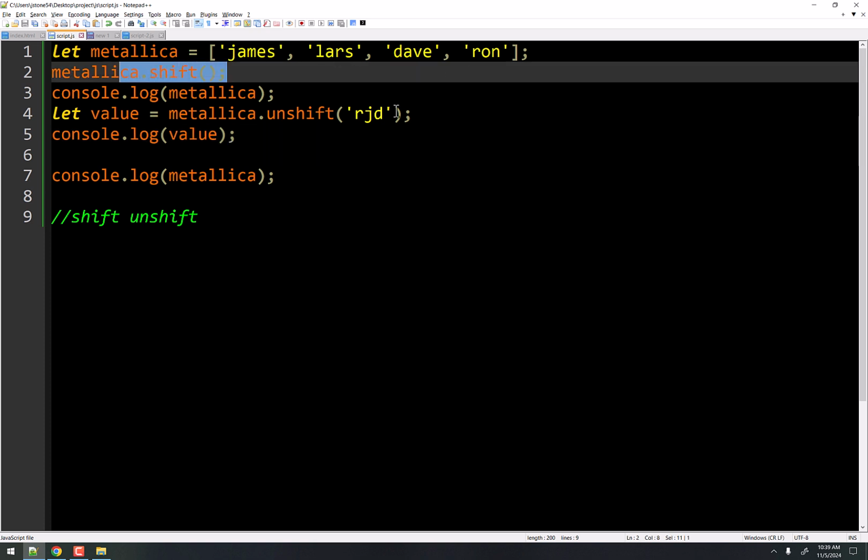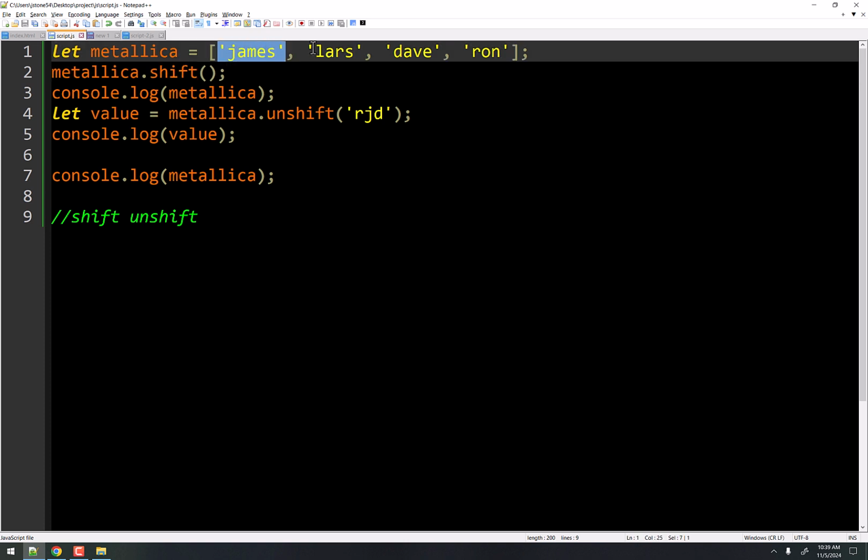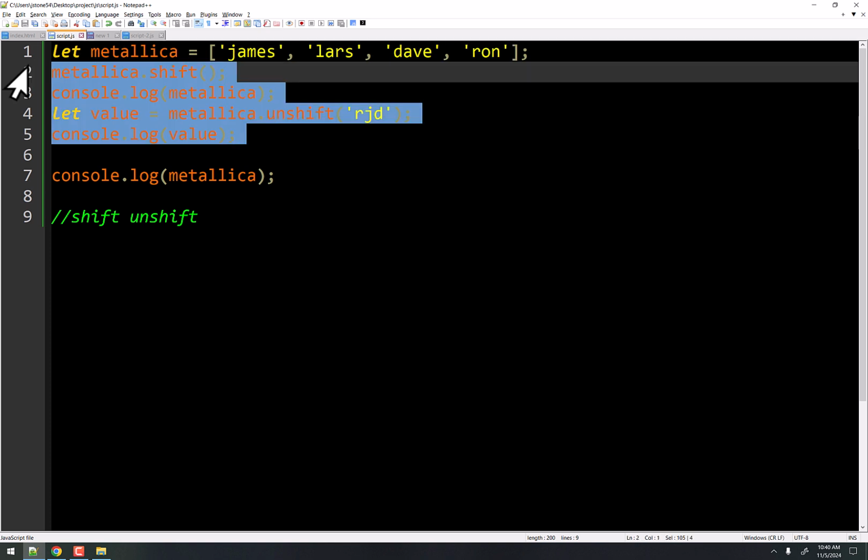to the left, right? James was the 0th element. Well, once you shift and James is gone, then Lars becomes 0, Dave becomes 1, and Ron becomes 2. So everything shifts to the left. And then when you add something, you're kind of unshifting it, right? I mean, I guess you are technically shifting it to the right, but you're sort of unshifting it, right? You're putting something at 0 that wasn't there before. You're removing the 0 and moving it to 1. You're moving the 1, moving it to 2, and so forth. So hopefully that'll help you a little bit think of how to keep those kind of straight in your head, okay? Okay, next up, it's going to start getting to the weirder ones.